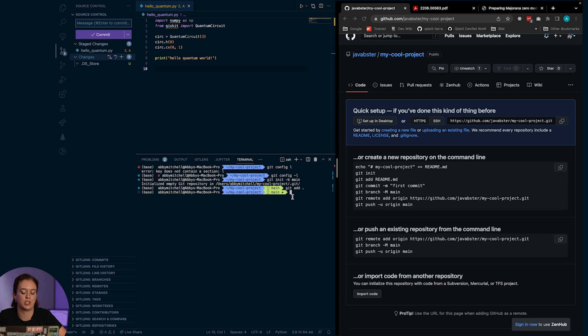So the next step is we're going to commit this file that I want to add. Committing is essentially a snapshot in time for your code. It's like you are saving your work at this point, and when you commit little and often, you can build up a historical log of how your code has changed over time.